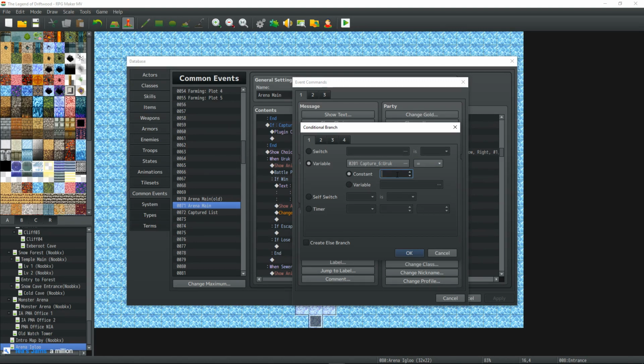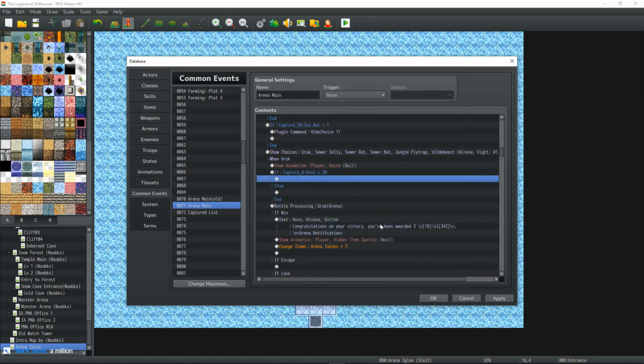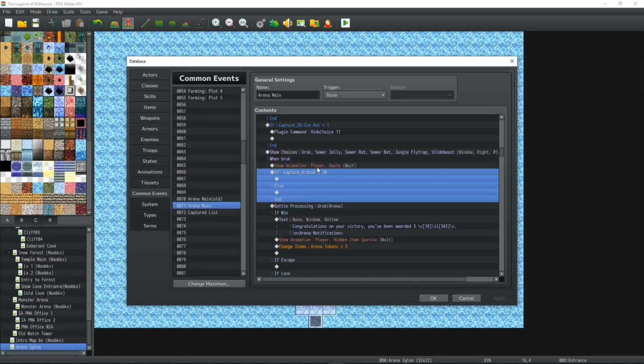Yeah. So if they've captured 1, they'll fight it at level 5. If they've captured 2, then they'll fight it at 10 and so forth. So what I'll do is start with the highest, and we'll use an else branch, and we'll say, is this variable greater than or equal to 20? So if it's greater than or equal to 20, then we have to present the options to fight it at all the levels. This might be a long event, but I want to design something that's not complex, but fun and interesting and